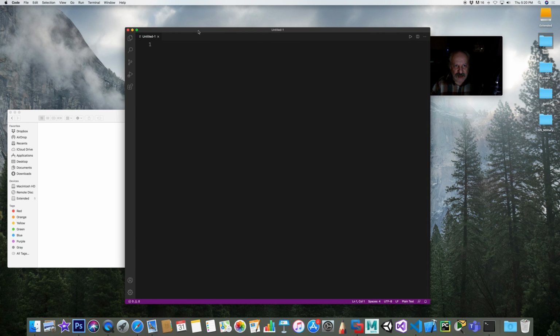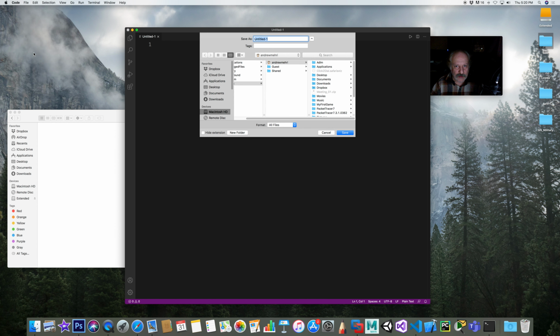And let's say I want to save this file, which I haven't right now. Notice it's on line 1. It's ready to take some code. But I'm going to save this file, so I'm going to go over here, File, Save As, and I'm going to tell it where to save it. So in my case, let me see here. It's going to be under Desktop,